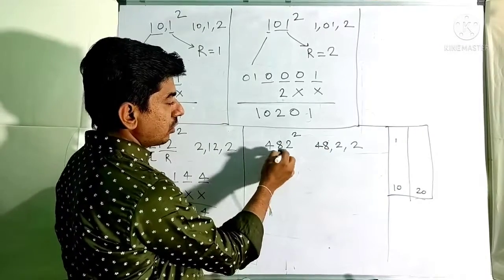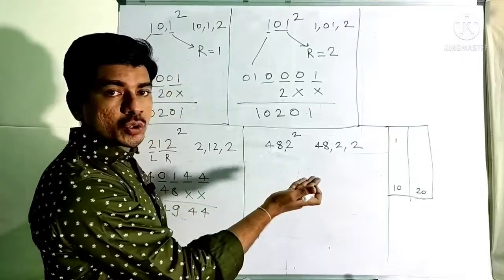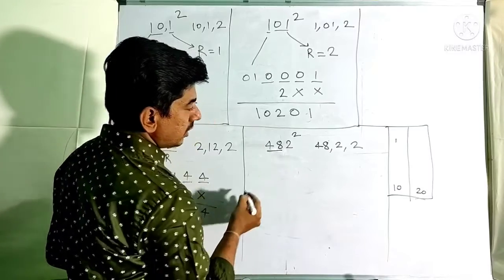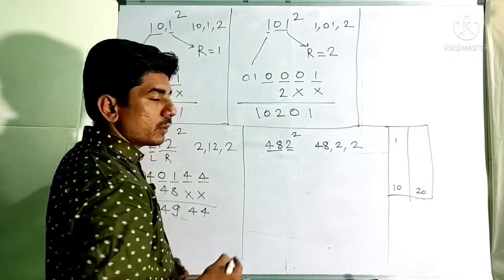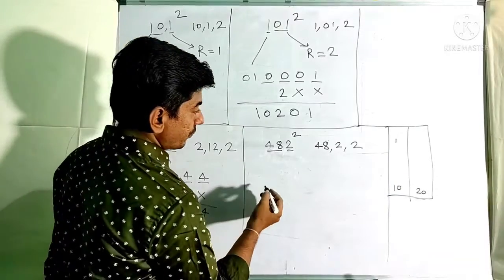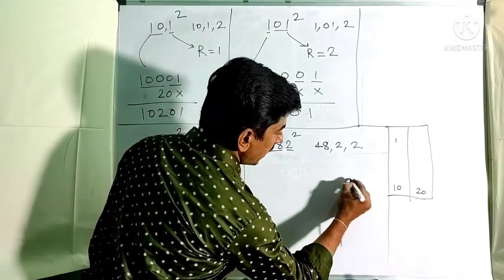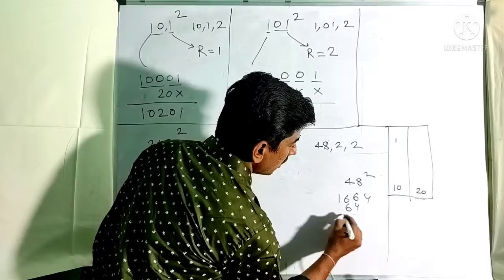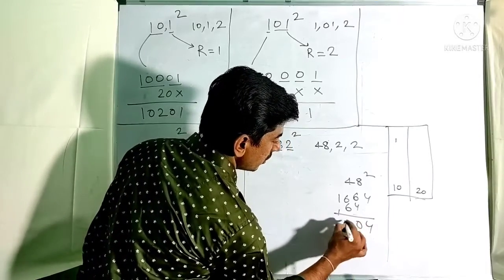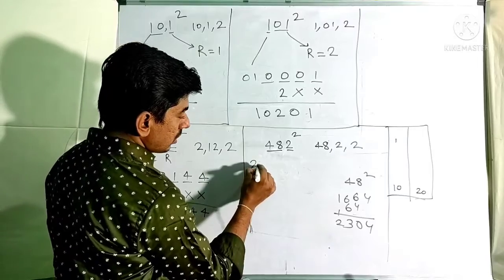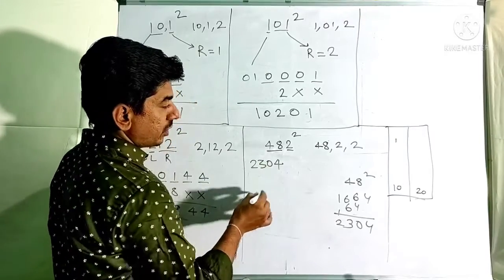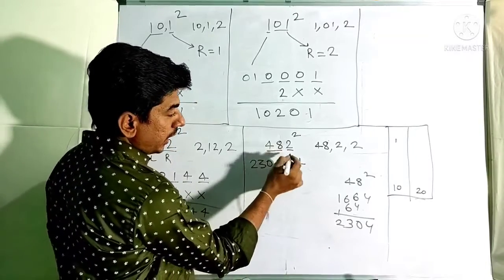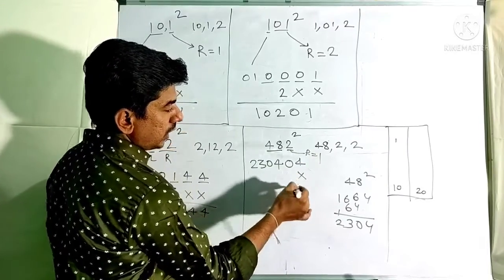So I have taken 48, 2 and 2, but I don't know the square of 48, so I need to find that first. Here the left part is made up of 2 digits, right part is made up of single digit. Now 48 square, I will take it here separately. I know 4 4 is 16, 8 8 is 64, 4 8 is 32 and 2 64, 2304 is the square of 48. I will write it here. Now the square of 2 is 4, write it as a 2-digit number 04. Now the right part consists of 1 digit, so leave 1 digit.